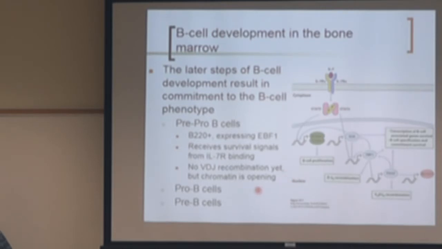That also highlights that when we say Notch is needed for a T cell signal, that's not the only thing Notch does. It's just that if you have this Notch signal early on, it drives T cells versus B cells. B cells start to make the receptor for Notch. There are cells that express Notch as they egress from the bone marrow, and they believe that that plays a role in